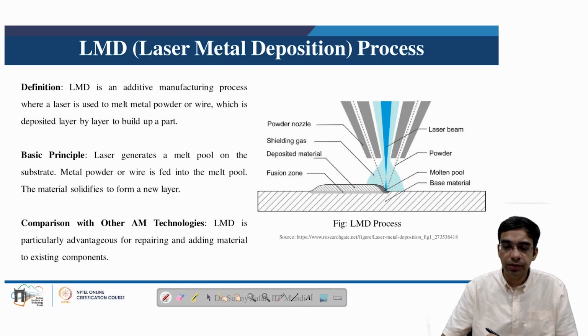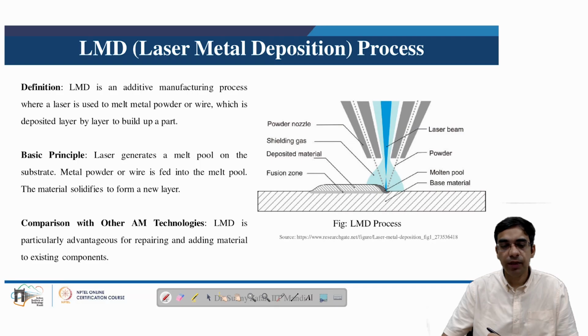The laser metal deposition process, as we have seen, is one of the additive manufacturing processes used for repairing steam turbines. In this process, a laser, which is light amplification by stimulated emission of radiation, and we have looked at in detail how the laser is produced in the topic of laser beam machining, which we covered during manufacturing of gas turbines, is utilized to melt metal powder or wire, which is deposited in a layer by layer fashion to build the damaged part.